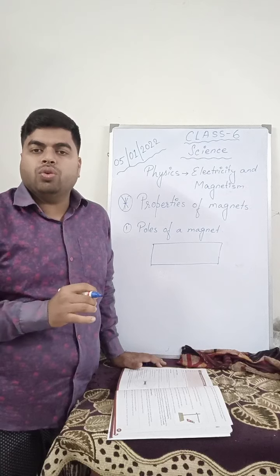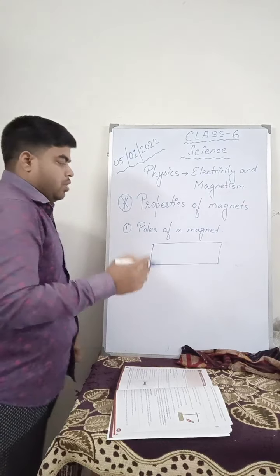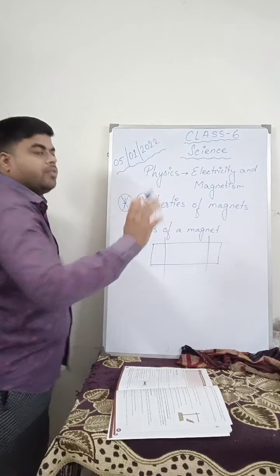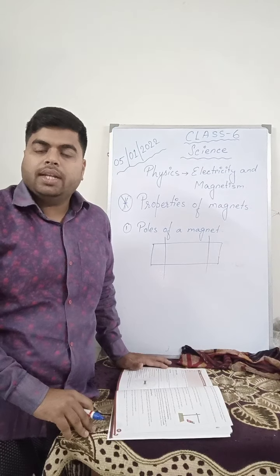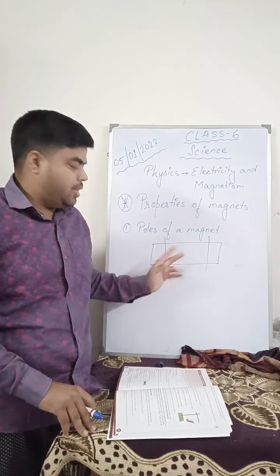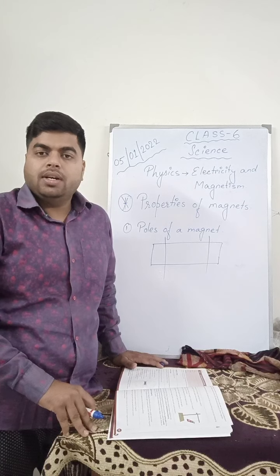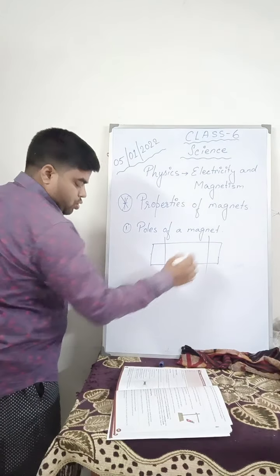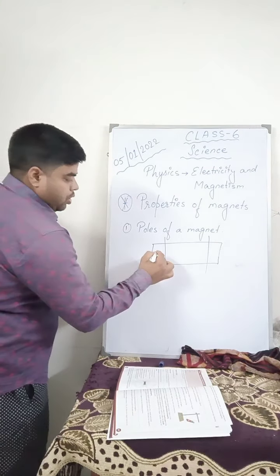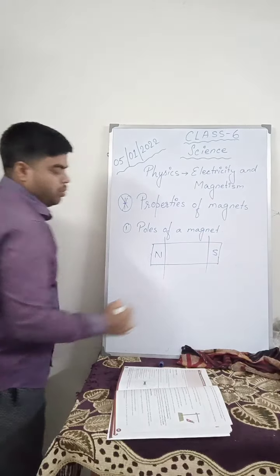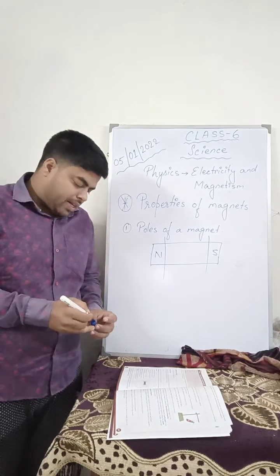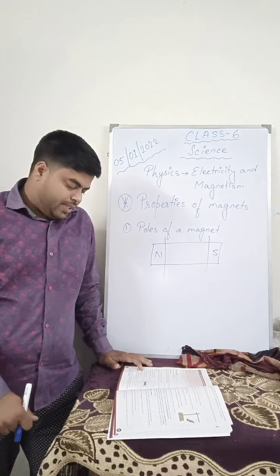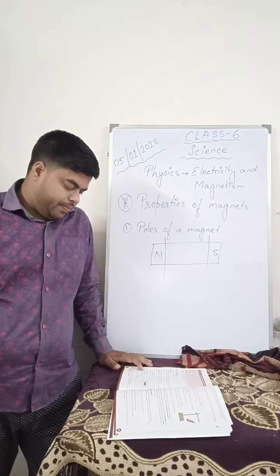The answer is no. The number of needles that get attracted towards both ends of the magnet will be much more than the number of needles that get attracted in the middle of the magnet. This tells you that the ends have two poles, namely north pole and south pole. From activity 2, we learn that the magnetic force of attraction is maximum at the ends of the bar magnet.